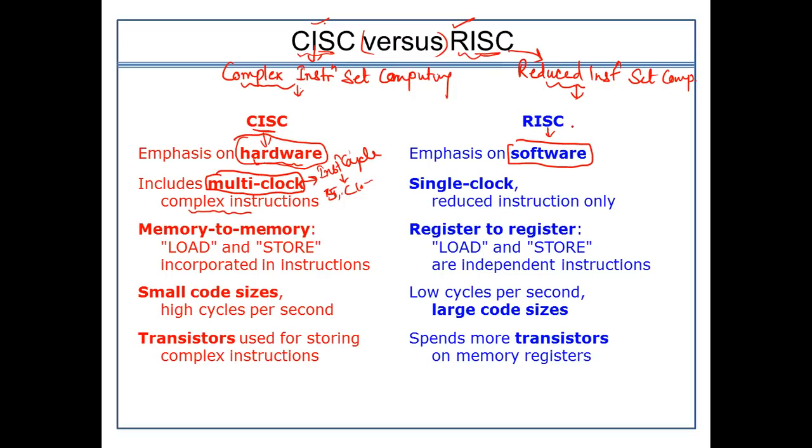But when we talk about RISC, just because we are trying to reduce the size of the instruction, we will try to compute it within one single clock. The entire instruction is to be executed in one clock. Then usually, memory to memory instructions are used in CISC, but when we talk about RISC, we are usually associated with register to register based instructions.